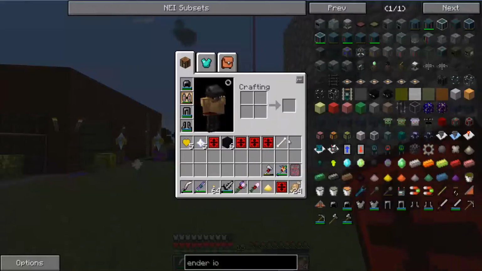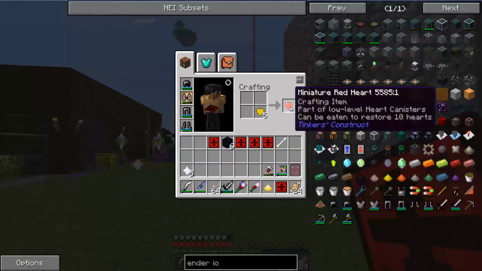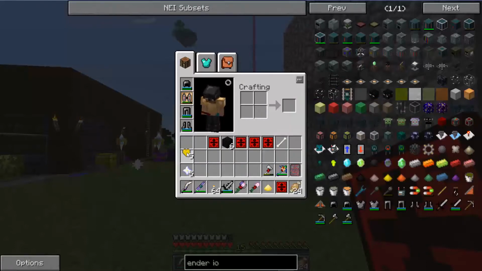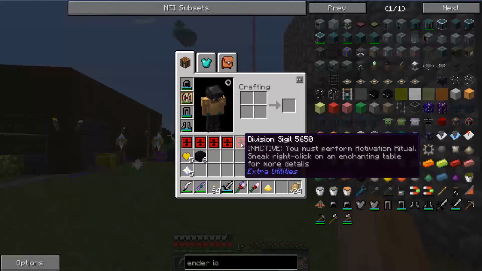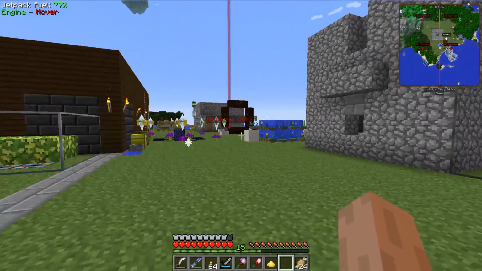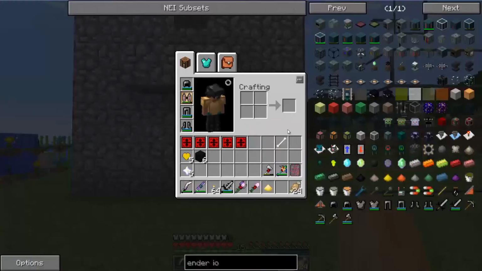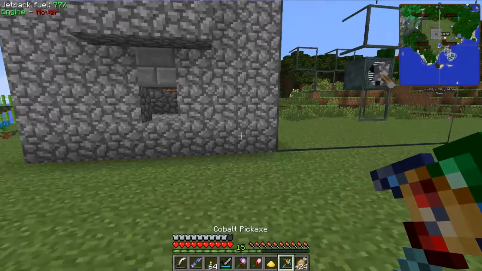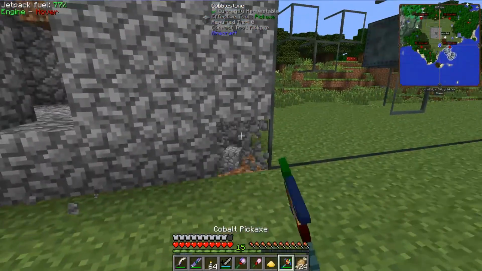But you know what we do have is we have 5 nether stars. We have 5 miniature yellow hearts, which, if I'm not mistaken, can also be converted to red if you don't have enough red. And we have 5, count them 5, division sickles, which I've only ever really needed 1. So, there we go. We're going to have to be doing this quite a bit. So one of the things that I am going to be doing in an episode coming soon to you will be setting up some form of...